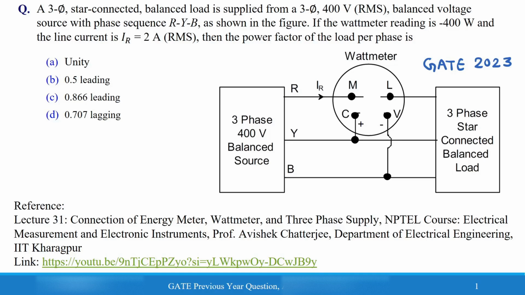A three-phase star-connected balanced load is supplied from a three-phase 400 volt RMS balanced voltage source with phase sequence R-Y-B as shown in the figure. If the wattmeter reading is minus 400 watt and the line current IR is 2 ampere RMS, then the power factor of the load per phase is. The options are unity, 0.5 leading, 0.866 leading, and 0.707 lagging, and the figure for this problem is